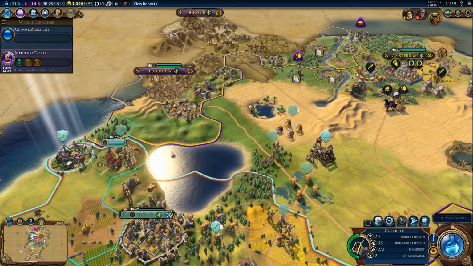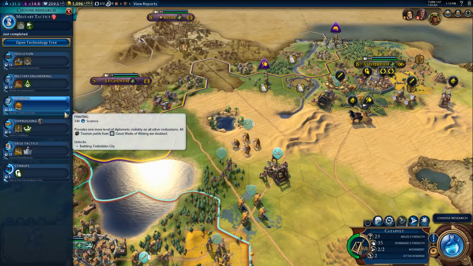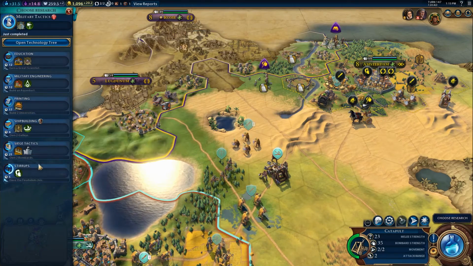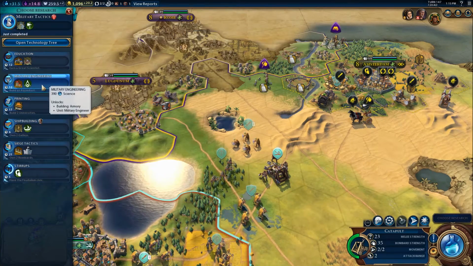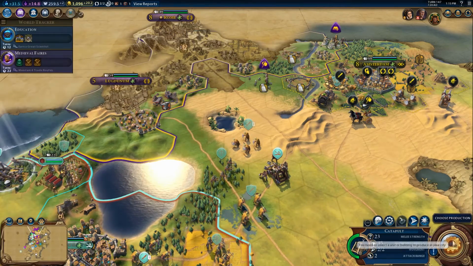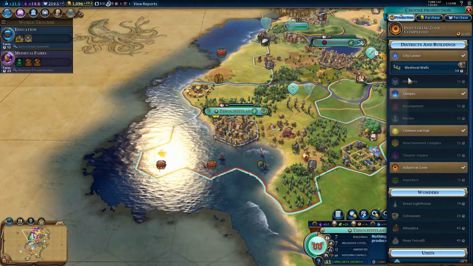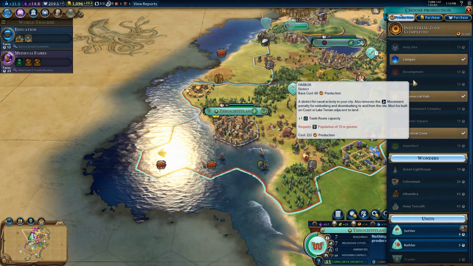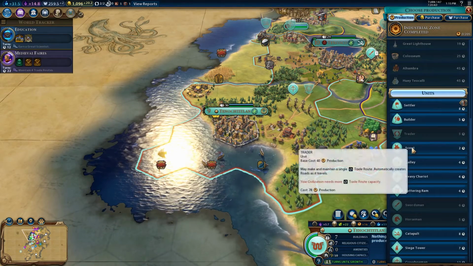Do want to move in with these catapult, this catapult and that catapult, but it's a little bit risky, so we need to sort of take our time. Military engineering could be just education, actually. What do you want to start working on? You probably want your medieval walls relatively quickly. But I think...